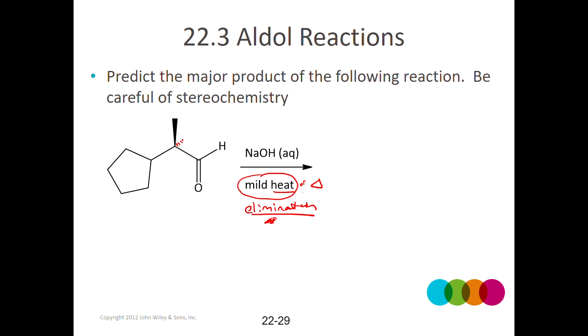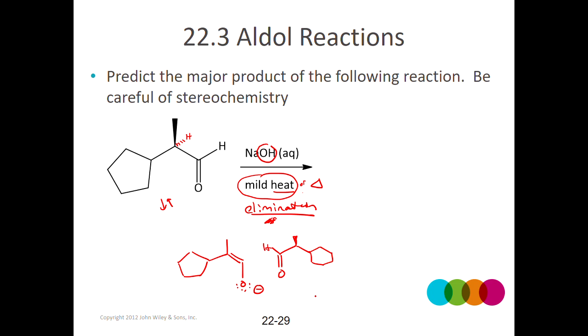So first, there's an alpha proton here. The OH is going to pick that up. That's going to produce the enolate. Again, it's not a super strong base. It's not going to force all of the molecules to produce an enolate, only some of them. Some will remain. I'm going to flip that one over like a pancake so its reactive side is closer to the structure that's going to be